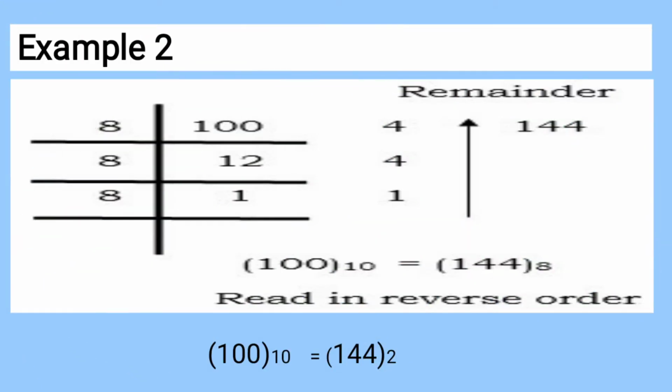Let us take another example. 100 is given in decimal and you have to find the octal equivalent of it. So first step, when 100 is divided by 8, you will get 12. 12 eights are 96, and the remainder left out will be 4. So first step done. Next, 8 ones are 8. The remainder is again 4. Lastly, you cannot divide 1, because I told you the repeat process will be done until you get a value less than or equal to 8. So we have stopped our division process here.